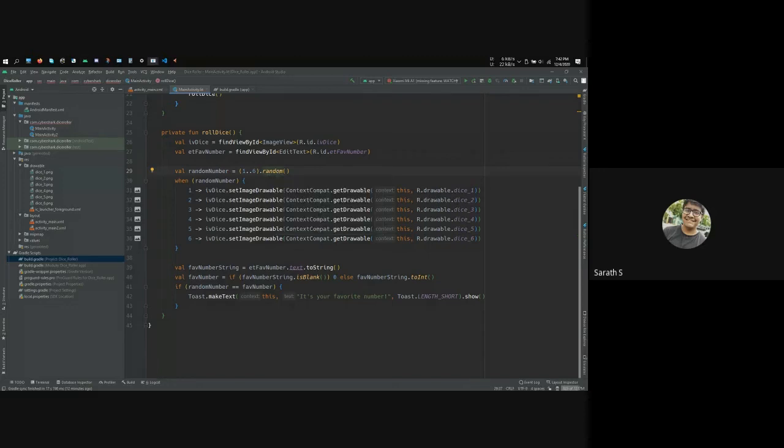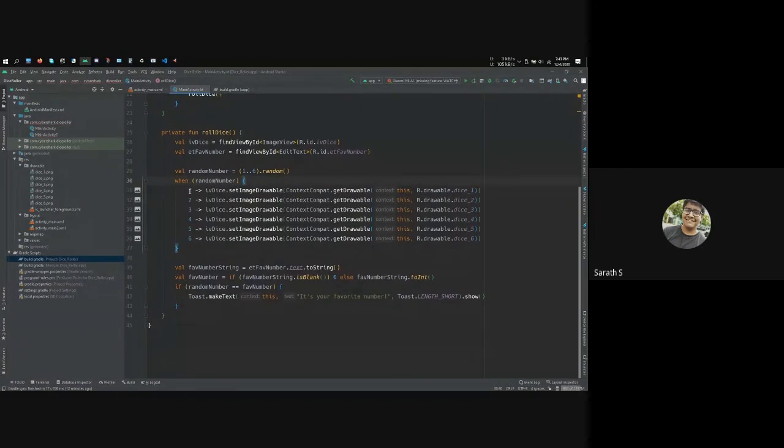And you're using the when statement here. When is synonymous to switch, as I said before in other languages. So you use when and check what the random number you got is.